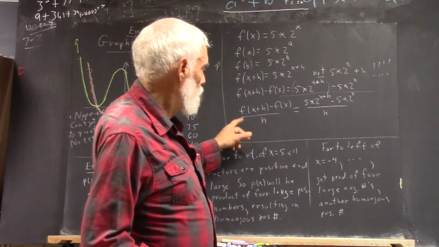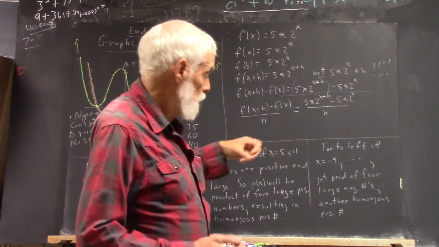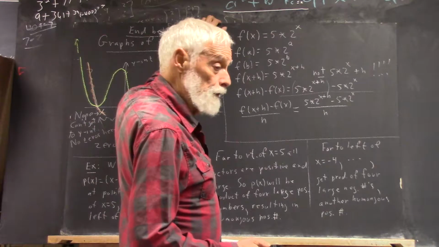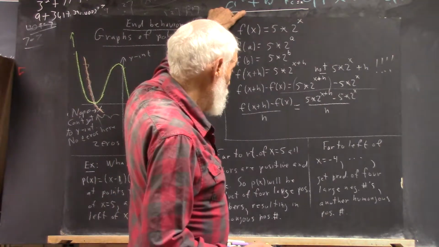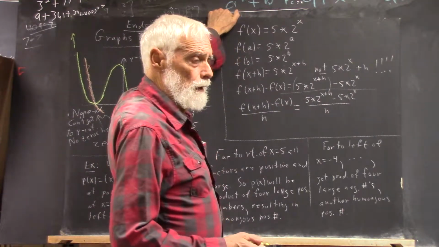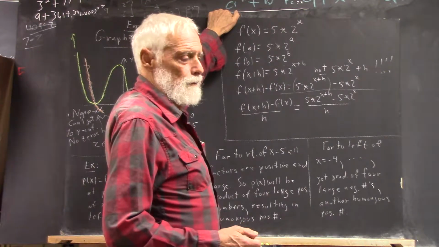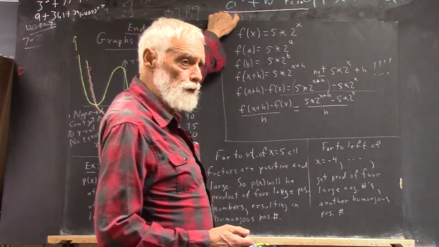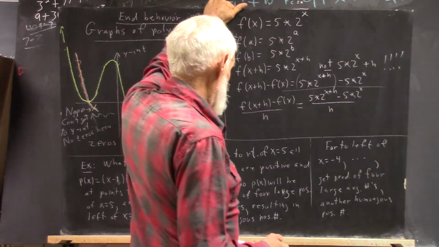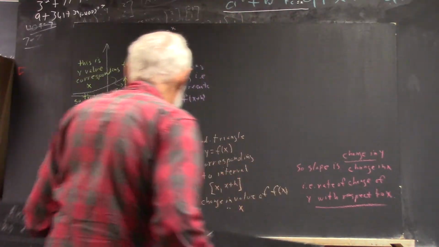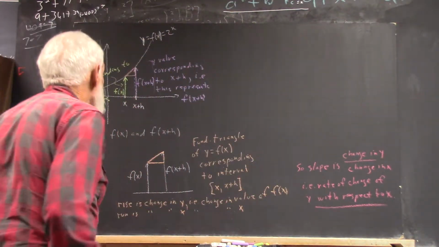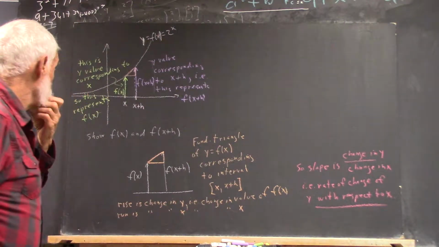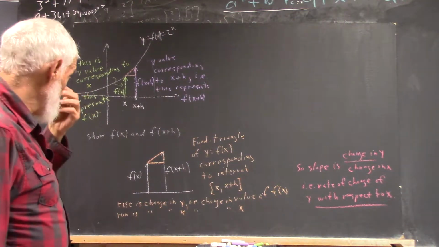Now this thing's an important quantity. It's called the difference quotient, and it ties in with a lot of things we've been thinking about. It's maybe one of the 3 or 4 most important expressions in mathematics. Okay, now, the reason the difference quotient is so important,